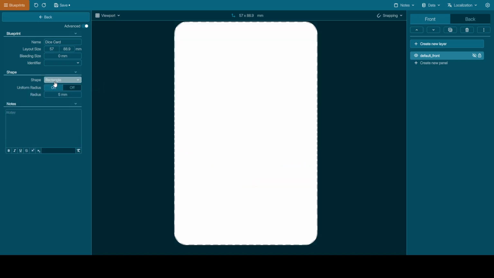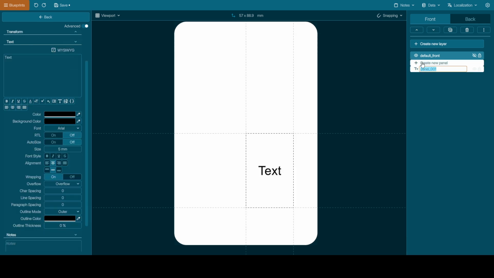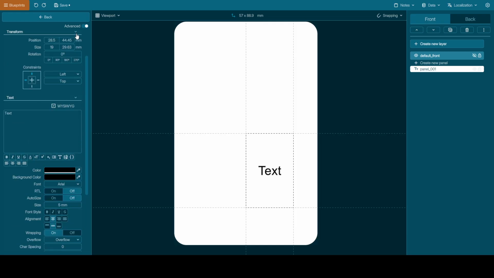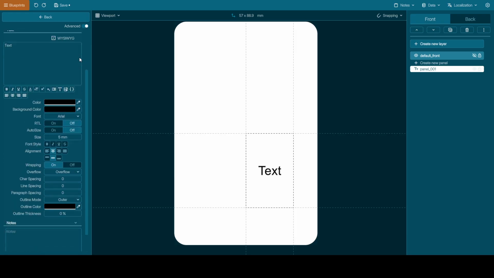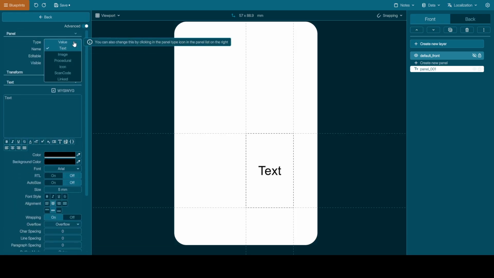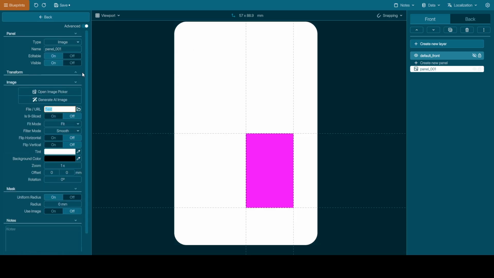And let's start by creating a panel. These components in layers are called panels, and by default it's a text one. But I want to create a background that has some color there. So let's change this. We don't want it to be text, but we want it to be an image.